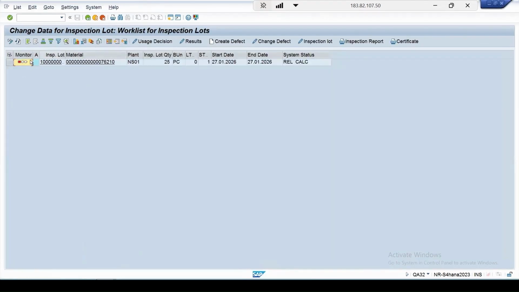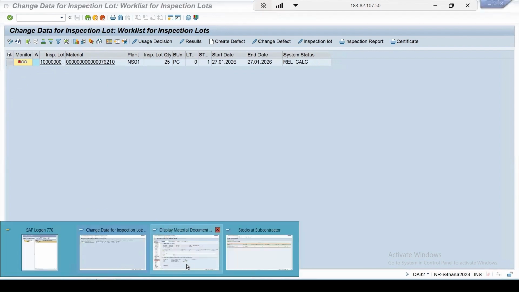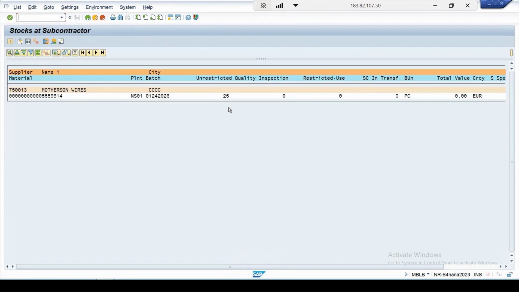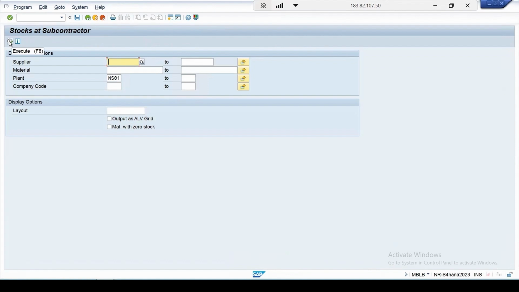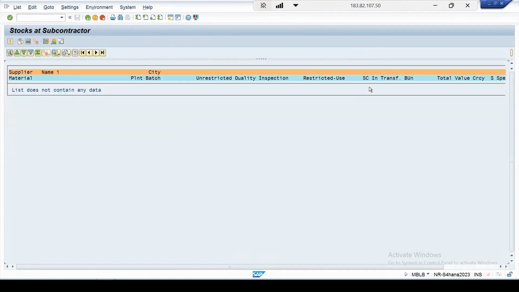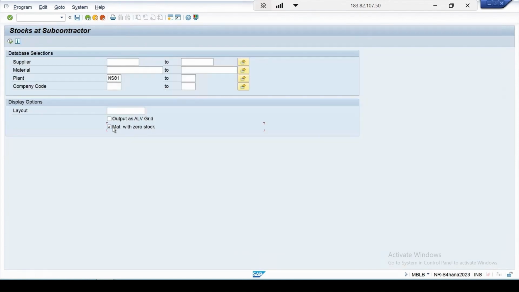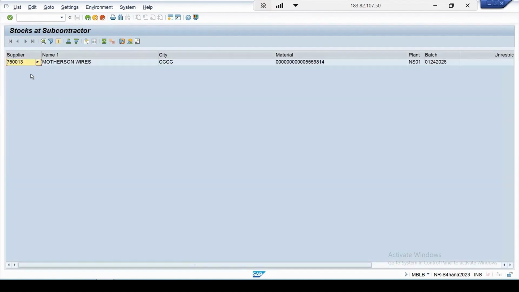So here you can see the lot has been triggered, which is in the release date. And now if I check the subcontractor stock once again, last time it was showing me 25. Go back and again if I click on execute. So now there is no stock at the supplier's end. But if I select say with a 0 or even this option, and click on execute, then